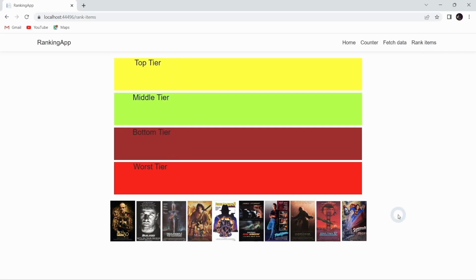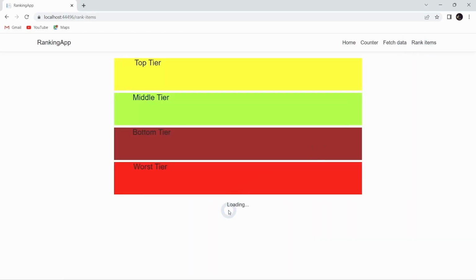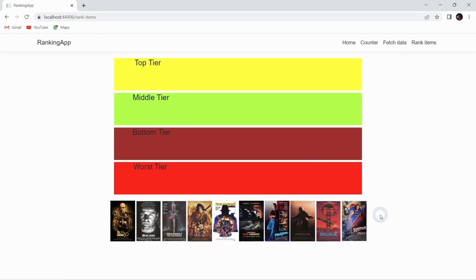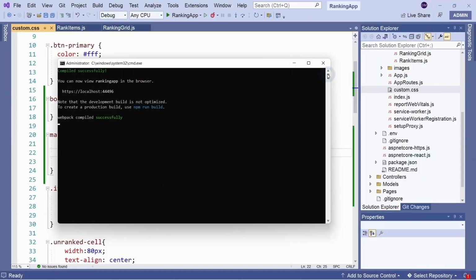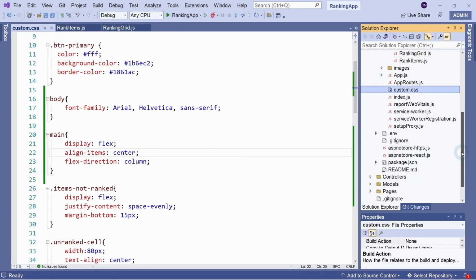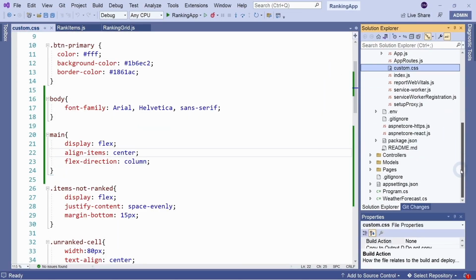Great! So at this point, we have a list of items that the user can rank. We have also created the functionality for the ranking grid. The user ranks an item by dragging and dropping an item onto the appropriate cell on the ranking grid. Each cell, with the exception of the cells used for labeling each row in the ranking grid, serves as a ranking position. So if a user drags an item